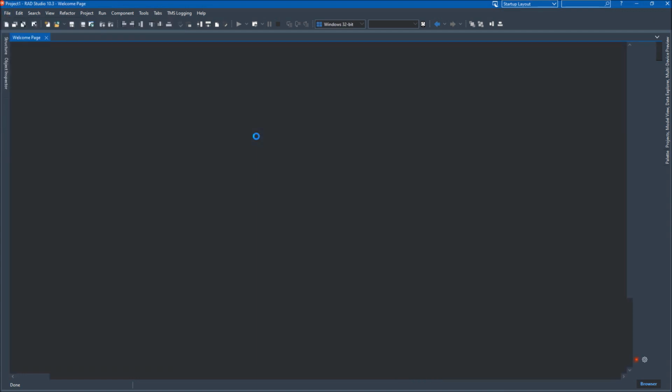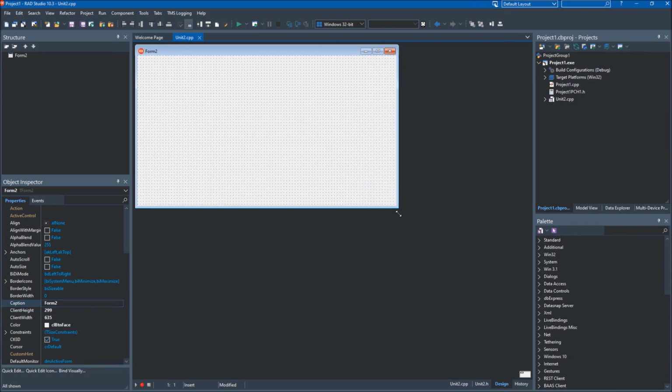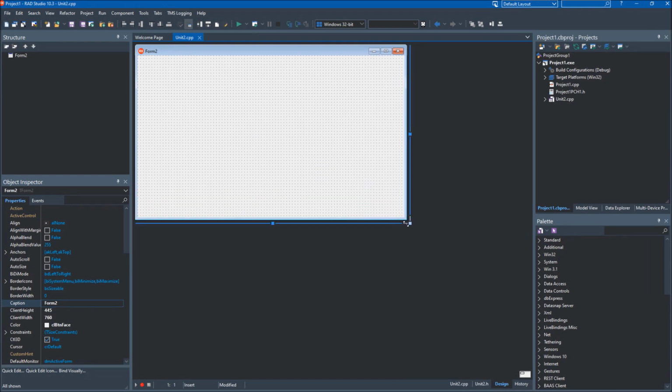So C++ Builder has two different frameworks, the VCL framework and the FMX framework. VCL uses the Windows API, while FMX runs on multiple platforms and uses drawing libraries like GDI+, Direct2D, and OpenGL ES depending on the platform. We are going to create a VCL application here, which we just did, and walk through the various sections of